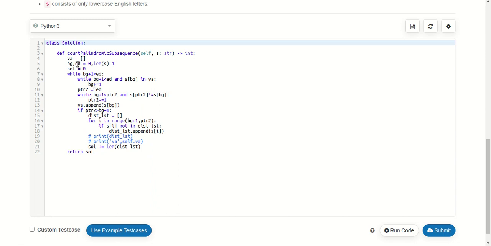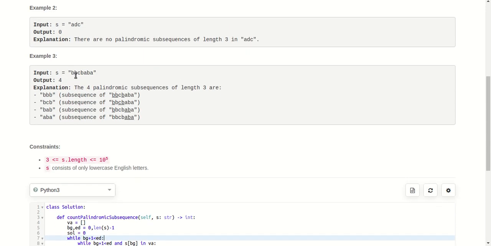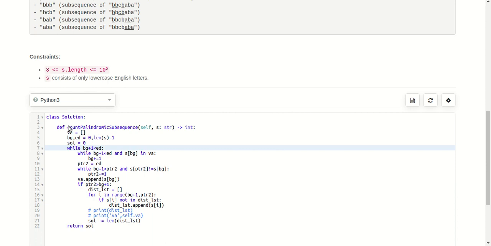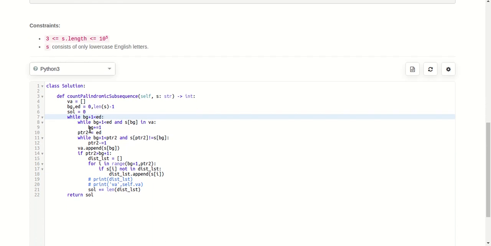Now we have also declared a VA array. VA is the visited array. The visited array holds all the characters which have been visited, like if in this case B has been visited, we put it in the VA array so that it won't be counted twice. So now we start.